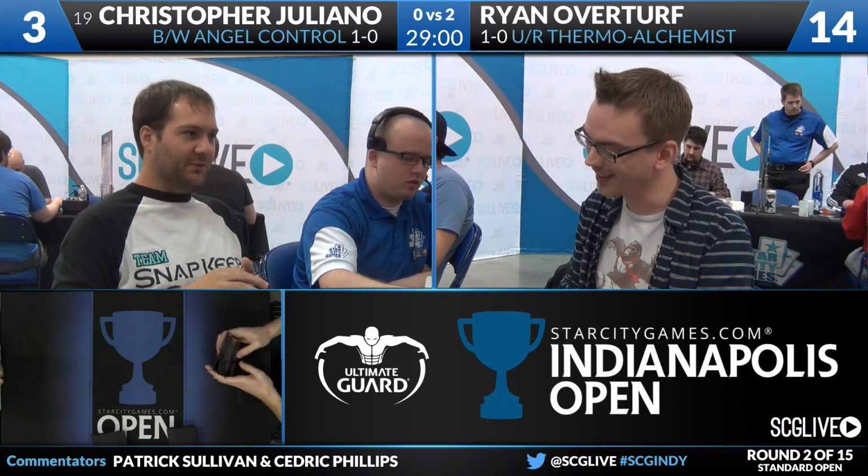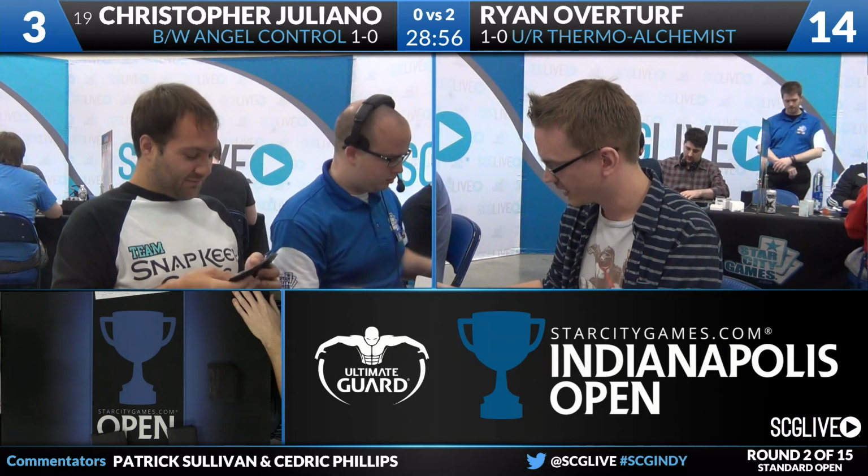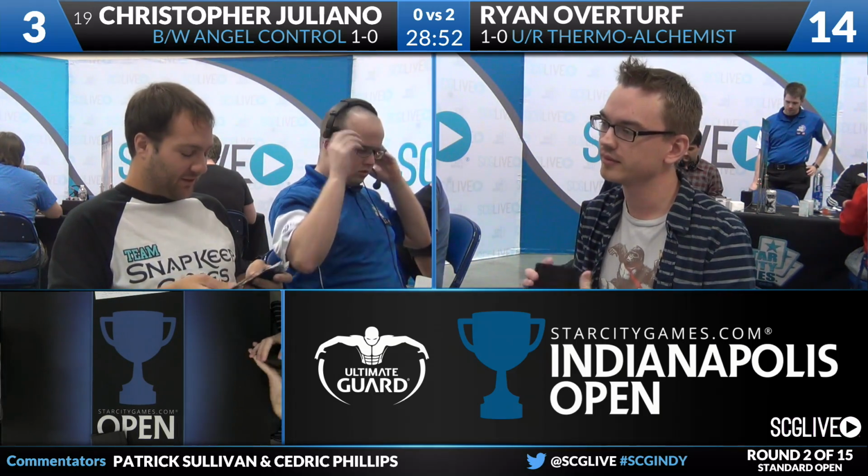Blue-Red Thermal Alchemist will take care of Black-White Angel Control. And for Overturf, it's a good pairing at a good time. I'm not sure if Juliano's deck has a great way to deal with Fevered Visions. Yeah, I mean, you're looking